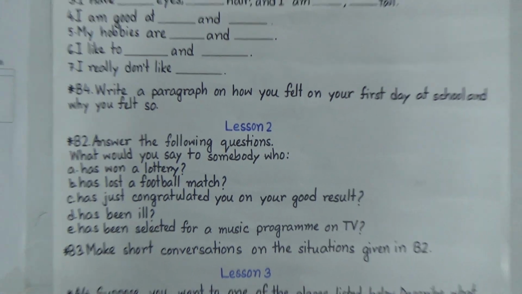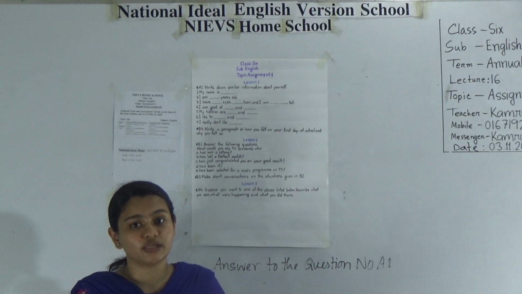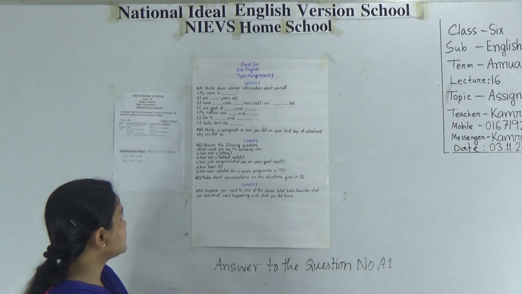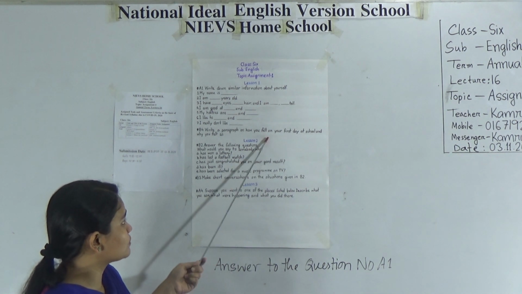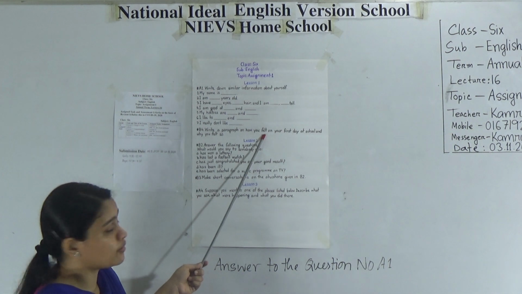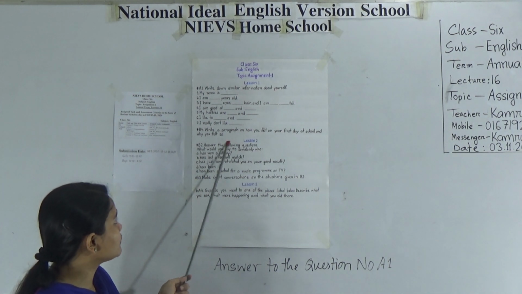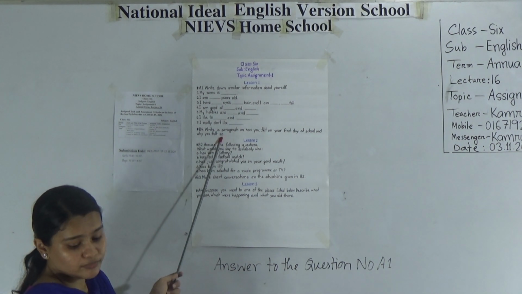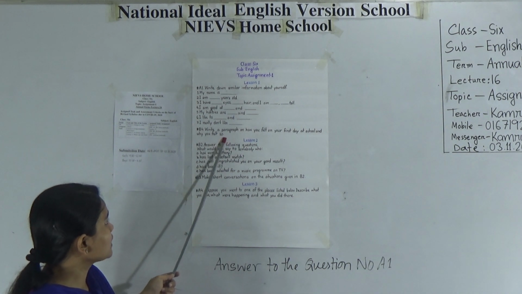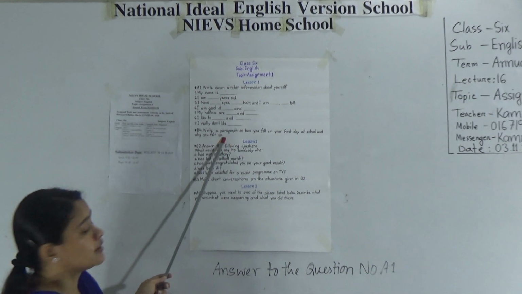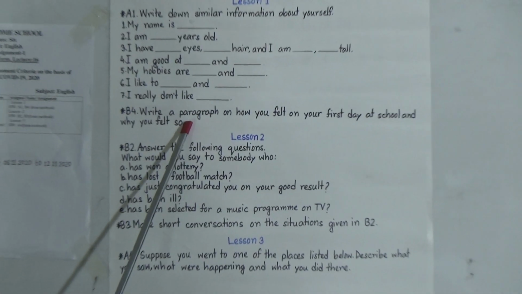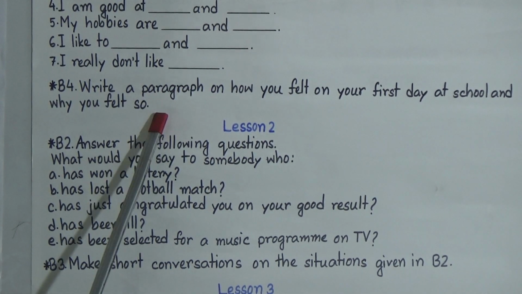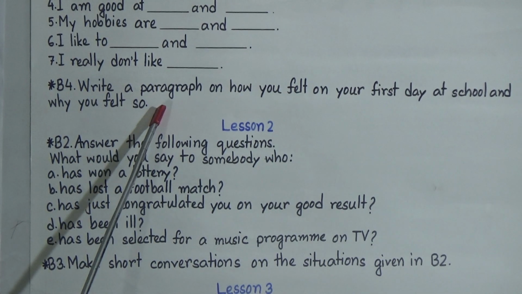Okay, and for writing paragraph, at first you will give a small introduction, then you will relate the incidents. I mean, how was the first day of school, and how did you feel, and why do you feel so? And then you will try to give a conclusion. Okay, dear students, and you will write a small paragraph, a short paragraph about yourself. And I repeat, you will write it by yourself. That means you will show your own creativity. You will maintain it. You will not copy from the guide or from anywhere else.